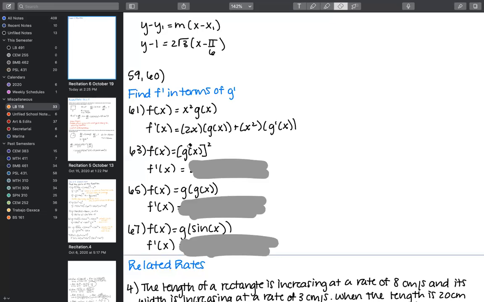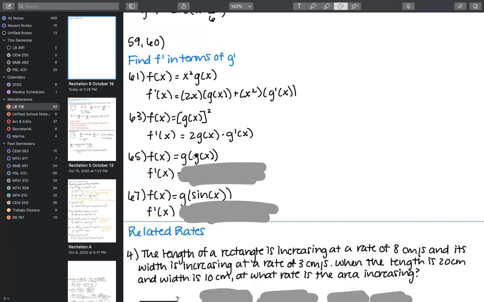So now with this one, g of x squared, imagine it was sine of x squared. First, we would address the square aspect of the function. We would address the power rule. And then from there, we would drop the 2, reduce it to 1. From there, we've got to account for what the derivative on the inside is. So this is the power rule aspect of the derivative, and then this is the chain rule aspect of the derivative.